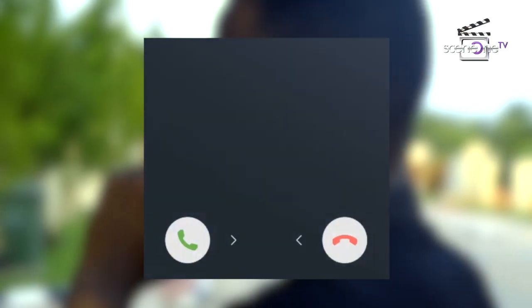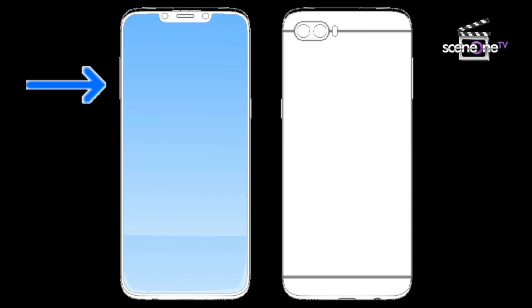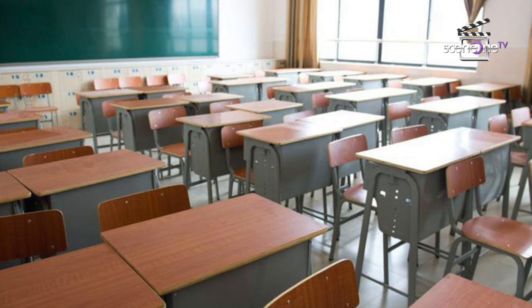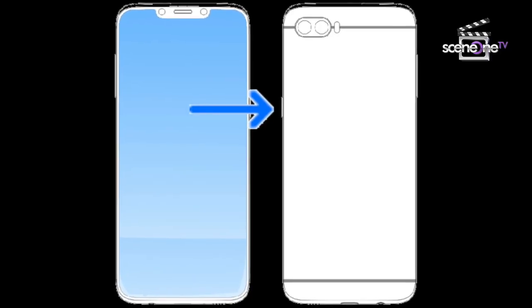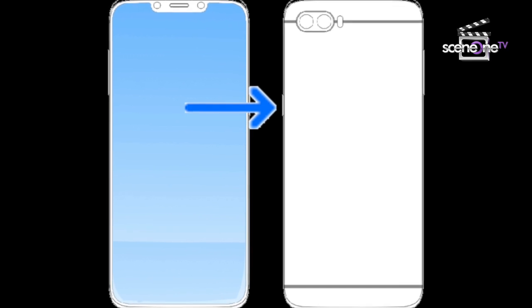When receiving an incoming call, you can silence your ringtone by pressing the volume button. This is perfect for when your phone is ringing during class or you're in a meeting, or even when you're at the cinemas. You can also end a phone call by pressing the power button by enabling it in the